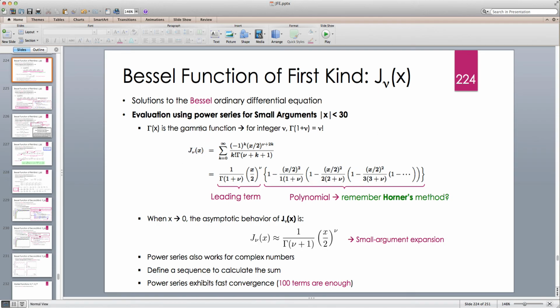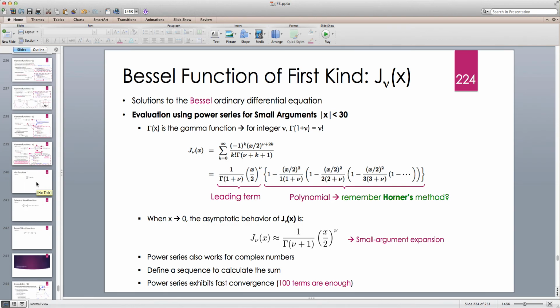complexity of calculating J_nu for small x to mainly calculating this lead term, because this lead term involves the calculation of another special function, which is the gamma function, and then a power function with an arbitrary real exponent. So these two are the most costly operations in this calculation. All right. Now, before I continue with our discussion on the Bessel functions,